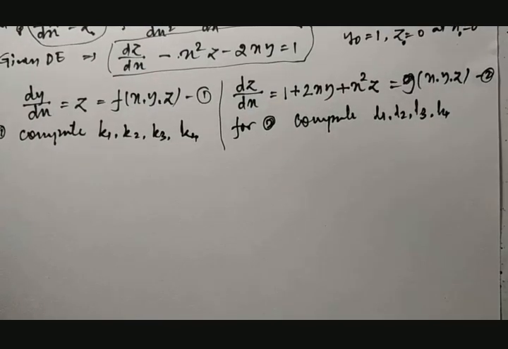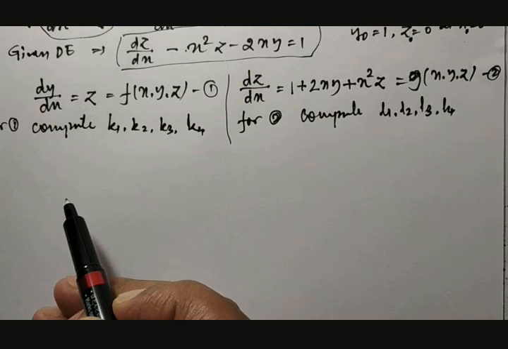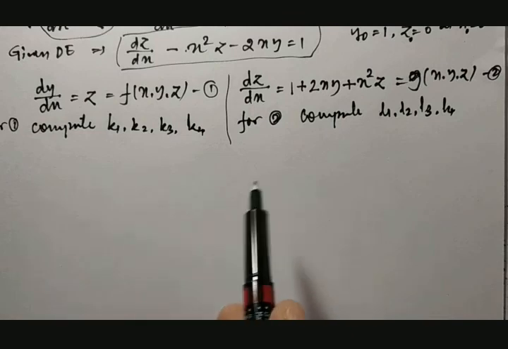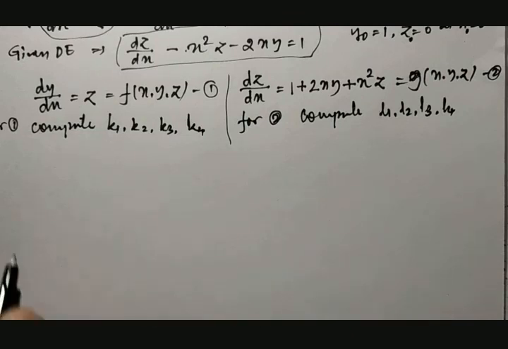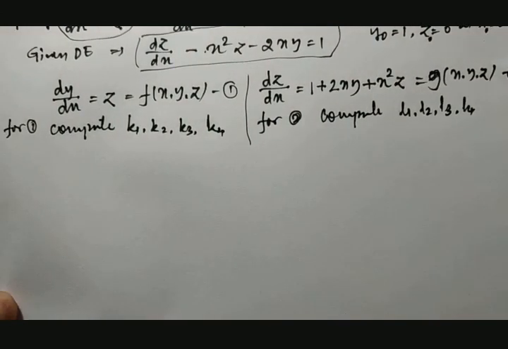Okay, use the previous concept only, but don't take K1, K2, K3, K4 and L1, L2, L3, L4 separately. You take first K1, then L1, K2, L2, K3, L3, K4, L4 like this. Either you make a partition and try to manage, or else you take first K1, L1, K2, L2 like this. We'll try to take it under partition. So let us see what it is now.